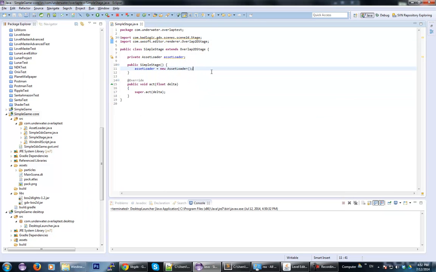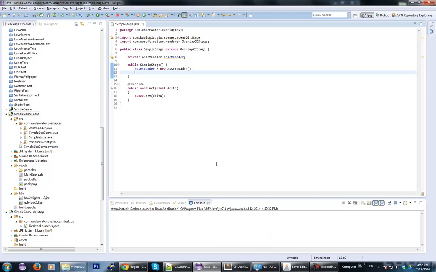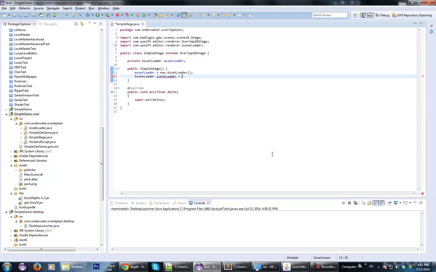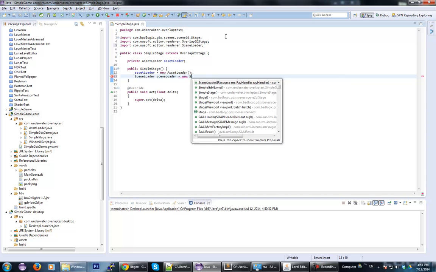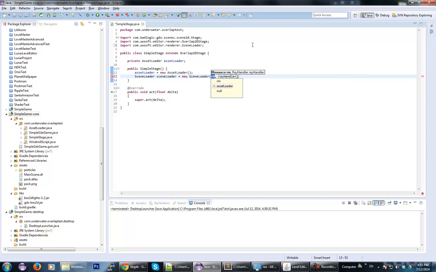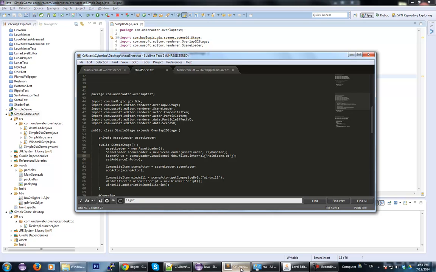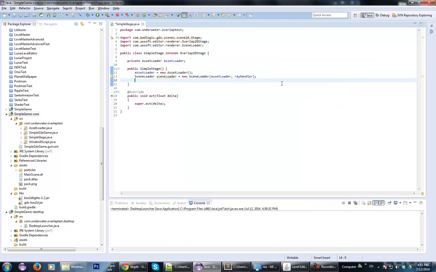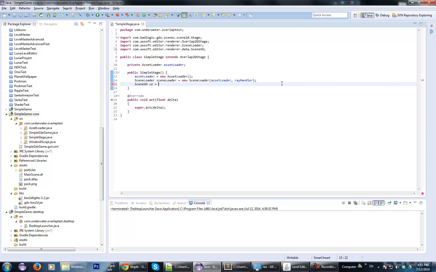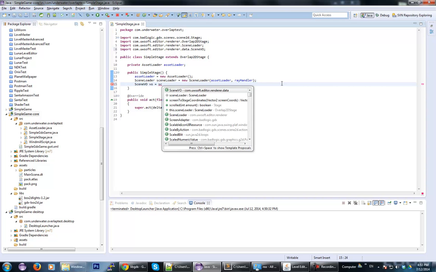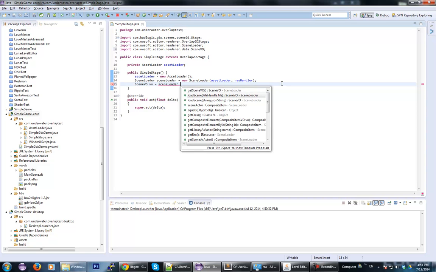So now when this is done, we can use our scene loader, and it goes something like scene loader equals new scene loader, and we give it the asset loader and the array handler that the Overlap2D stage already has for lights. You can use your own array handler and change how this thing works, it doesn't matter. And that's it. What we need to do now is just to load the scene. So this is the scene data file, and we're going to load it using scene loader load scene file,